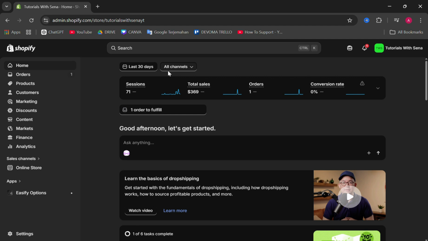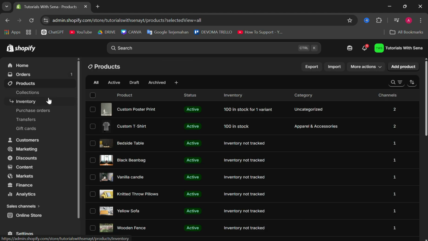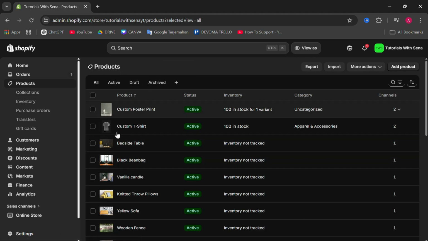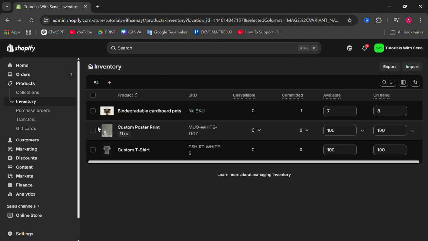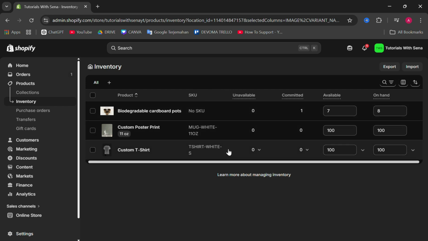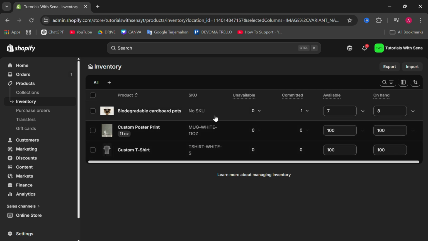First you have to log into your Shopify account, and then in the dashboard you can go to your products here, and then this is all your products. So you can go to inventory here, and you will find all your inventory. In this case I have three inventories, and two of them already have SKU. So I'm going to add this one. You can just click on it,